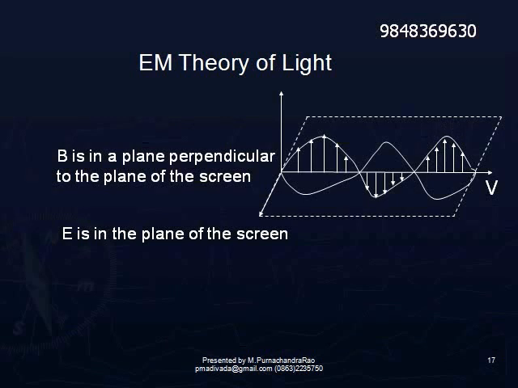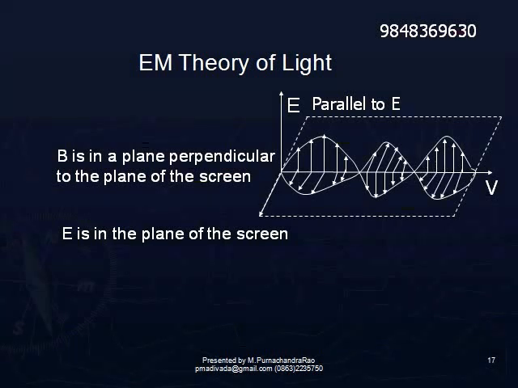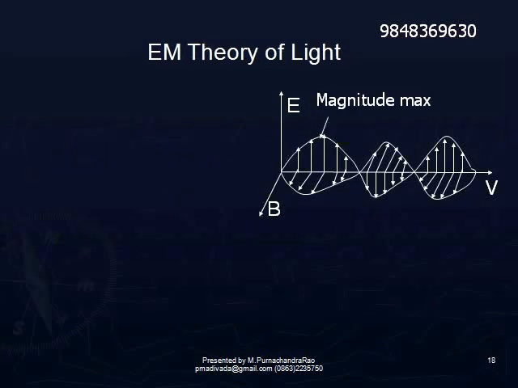We notice that in the first loop, the arrows are parallel to E. In the first loop, upward arrows; in the second loop, downward arrows are parallel to E; and in the third loop, upward arrows are parallel to E. In the first loop, downward arrows are parallel to B. In the second loop, upward arrows are parallel to B. And in the third loop, downward arrows are parallel to B. This indicates that the direction is changing continuously.